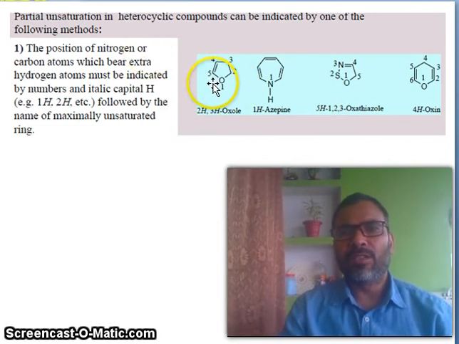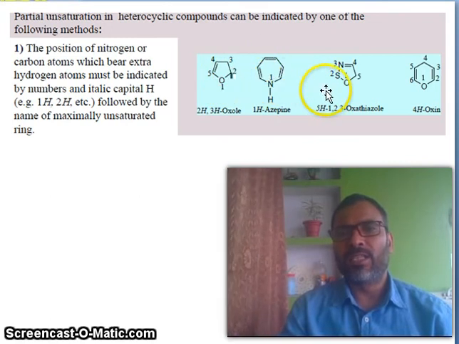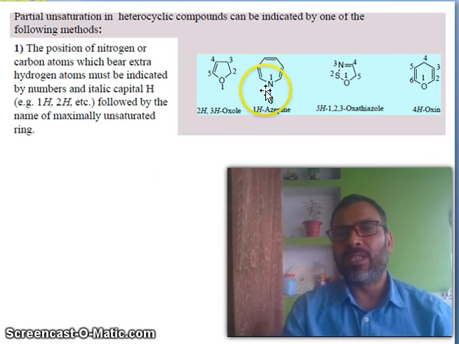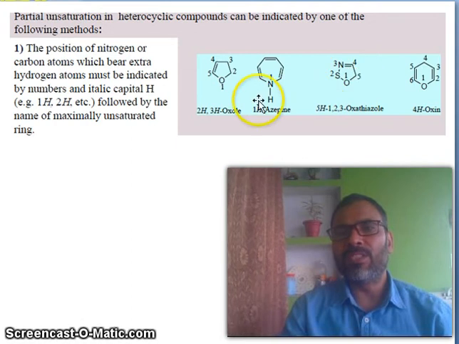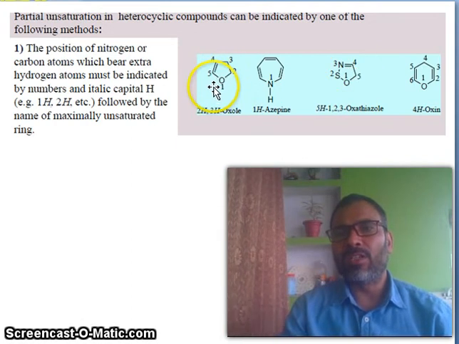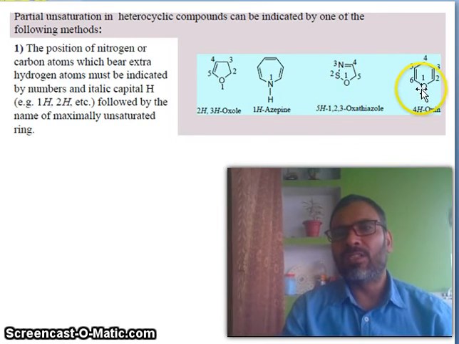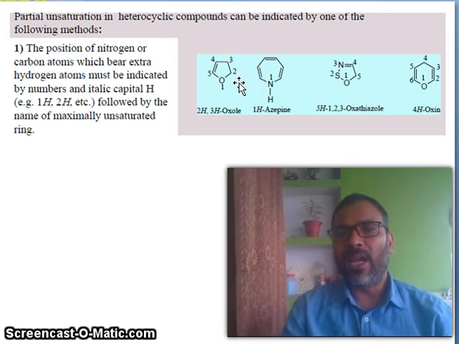Now you see, this compound is heterocyclic. This compound is also heterocyclic. This compound is heterocyclic. This compound is heterocyclic. What is the difference between this compound and this compound? This is a 5-member ring and this is a 7-member ring. This is a 5-member ring and this is a 6-member ring. What is the difference between this compound and this compound? It contains one heteroatom. It contains 3 heteroatoms. This contains a single heteroatom. So ring size and what type of atom is present, that is our focus.